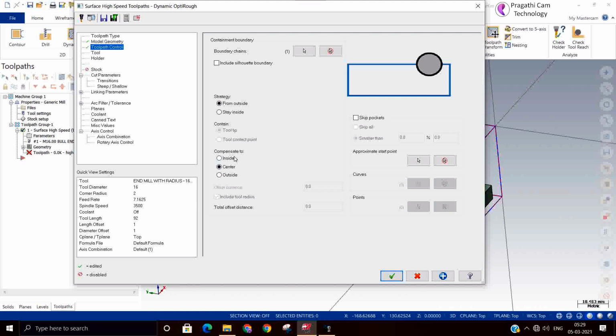Here there is an option available, skip small passes. If you want to machine a large material and a very small pocket is there, then you can skip those pockets. Okay, skip small pockets. If you skip all pockets, wherever there is a small pocket in the model, it will skip.